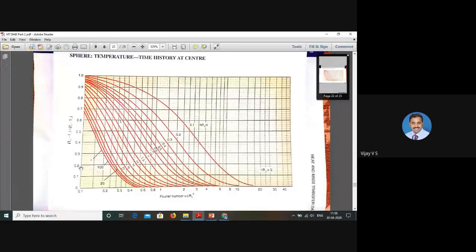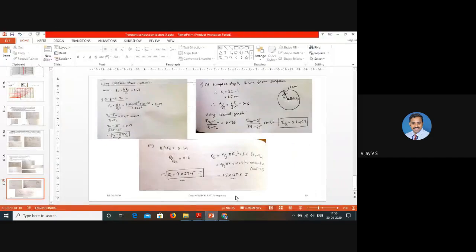So how much will it be? 0.16 or 18? No, here. This is 12, 14, 16, 18. So around 0.17. So I will take approximately 0.17. Okay, so that is what I got here. The ratio I got 0.17 and center temperature 59. See, there I got 52. So here I get 59. So very small variation.